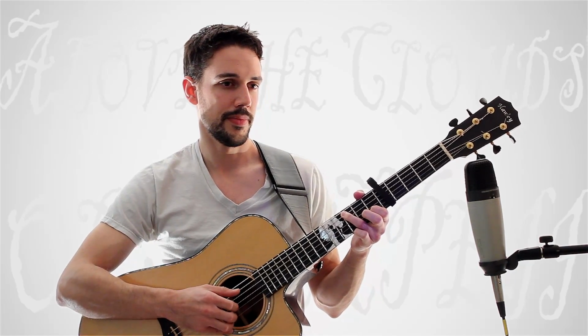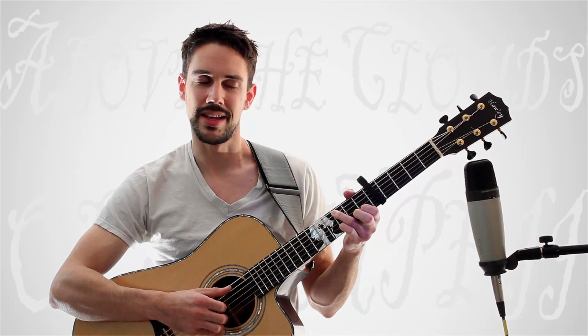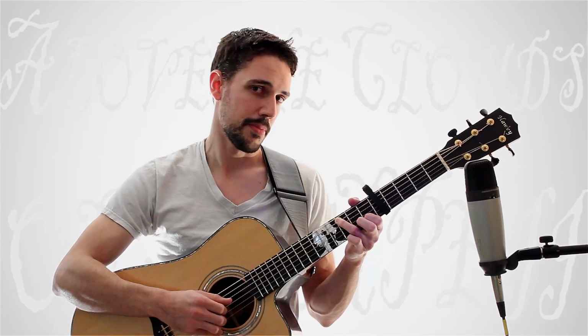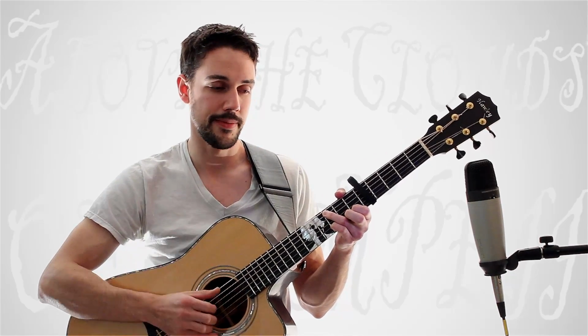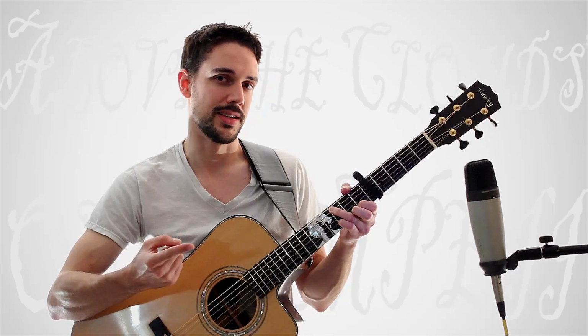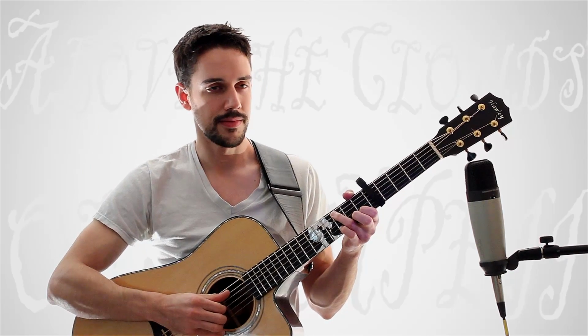thumb, thumb, index, middle, back to the thumb, and then you can do middle finger again, but you're going to add your pinky on your left hand because we're moving up that scale. That's the melody line. And then index again. So that second, sort of the higher bass note, right? Because again, we got those 2. So it's...